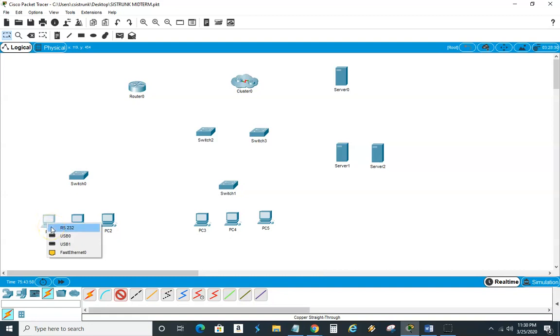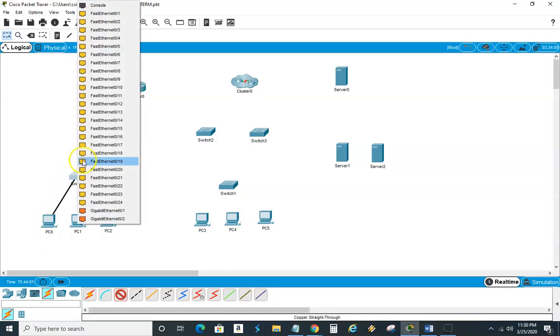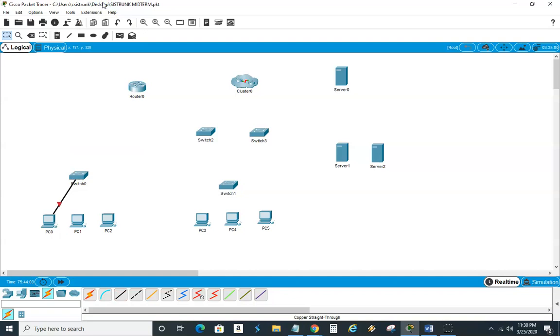The next question I want somebody to answer is, what is RS232? And then I'm gonna choose fast Ethernet 0. So you got 2 questions out there. Who's gonna jump on it and answer it and participate and let me know they're in this game with me and they participate and I'm just not wasting my time.